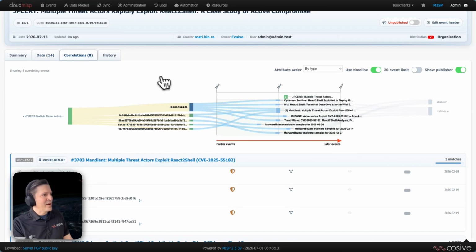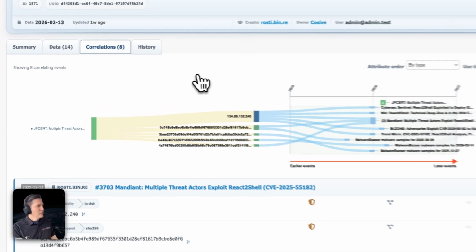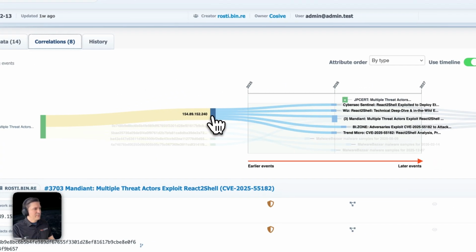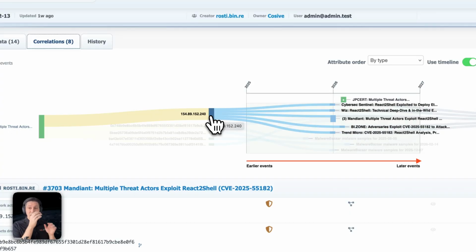So what we're looking at here are events that have some connection, some common IOC, a common attribute with this JP cert event we've been talking about. What we'll see on the left here is our original event, the one we're looking at now. In the middle, we see attributes. So there's this IP. If I just mouse over that, we can highlight which other events we're talking about, this